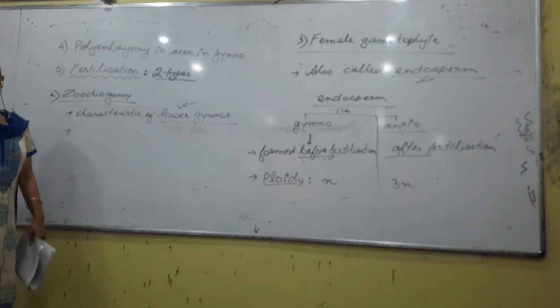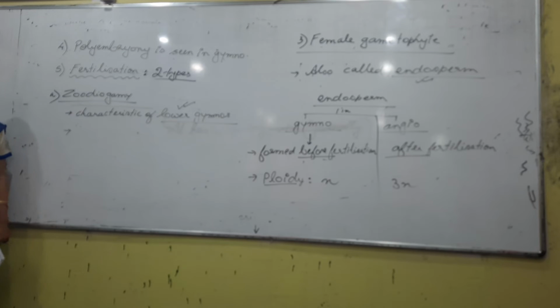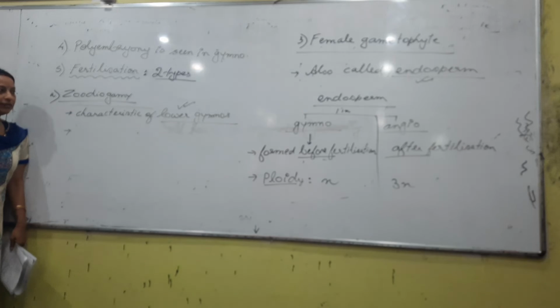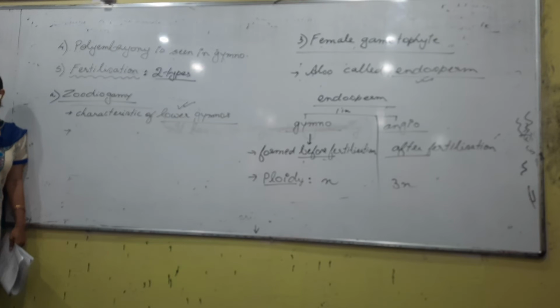Remember this word, judeogamy. Judeogamy is a characteristic of lower plants. Judeogamy means something that has a relation with animals, or has an animal-like character. Which character are we talking about? Motile male gametes. Male gametes are motile in case of